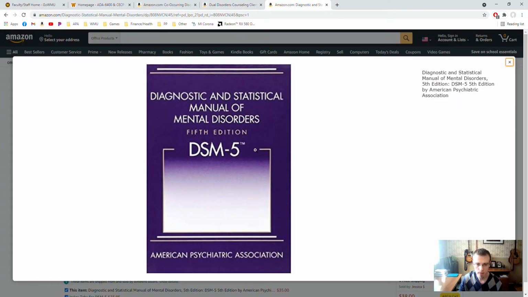Finally, it'd be a really good idea for you to get a copy of the DSM-5 if you don't already have one. What I find can be just as useful for this course, there is a desk reference, which is a smaller version of the DSM-5. It also has all the important diagnostic information you'll need for this class. But I strongly recommend getting a DSM-5 because I'm going to be asking a lot of questions that require you to list specific symptoms of different disorders. I'm also going to provide a link in the first